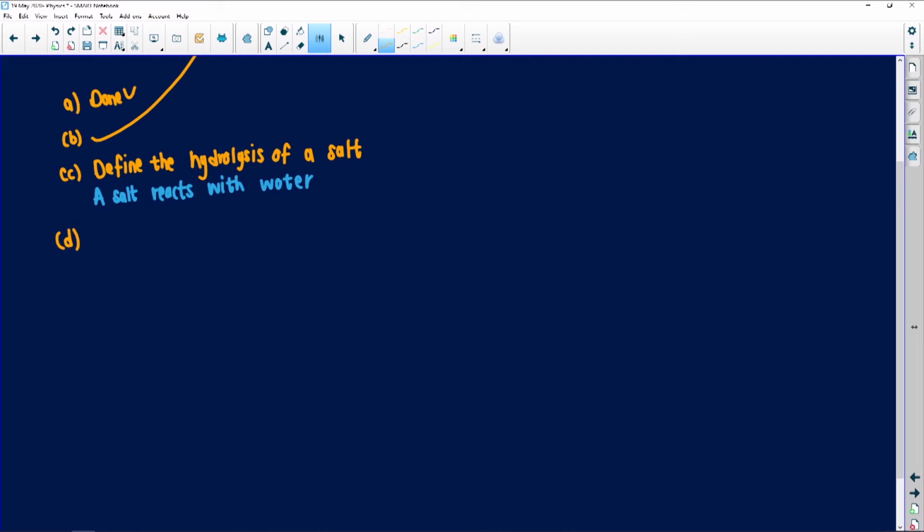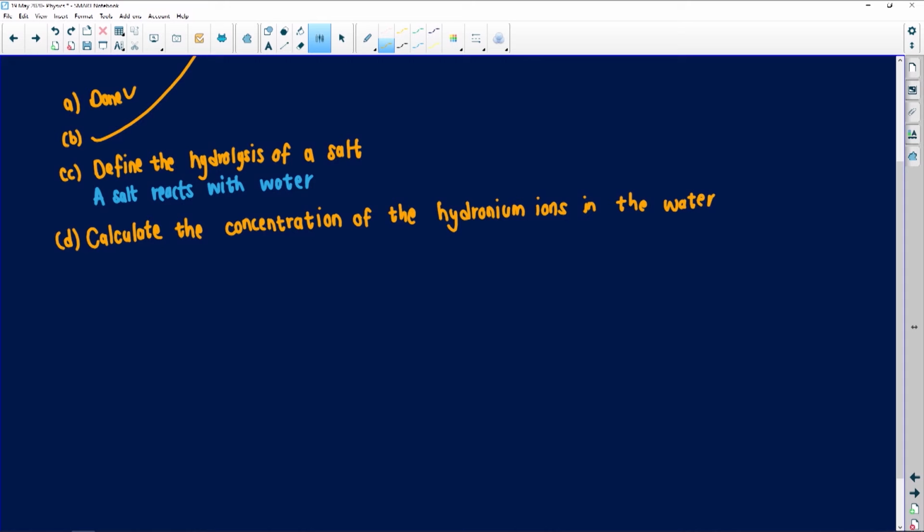So now we actually have another question here, number D. Here they want us to calculate the concentration of the hydronium ions in the water, and this is if the pH